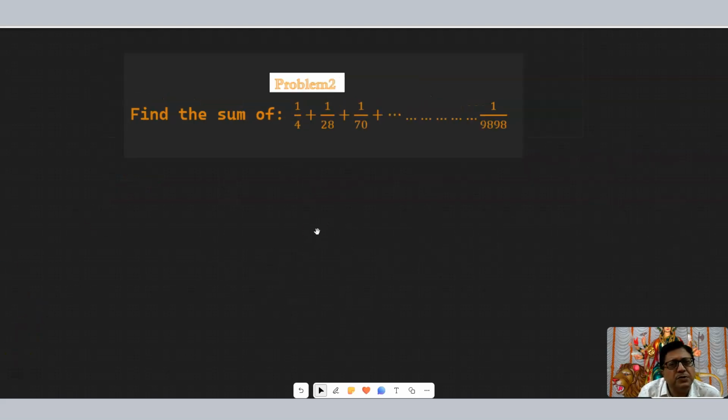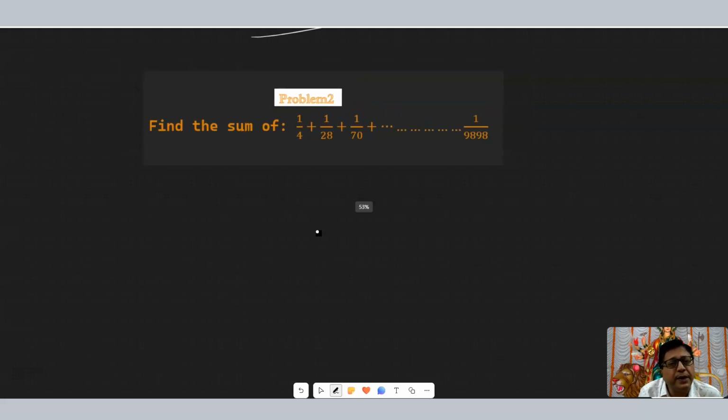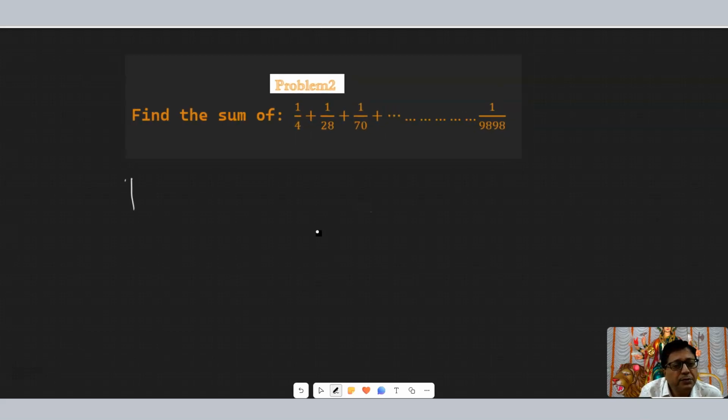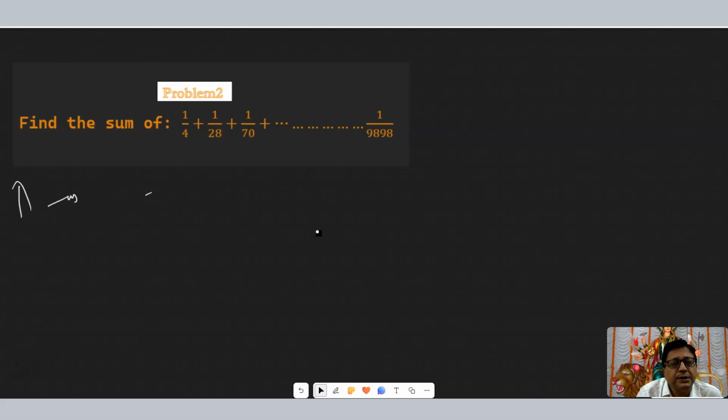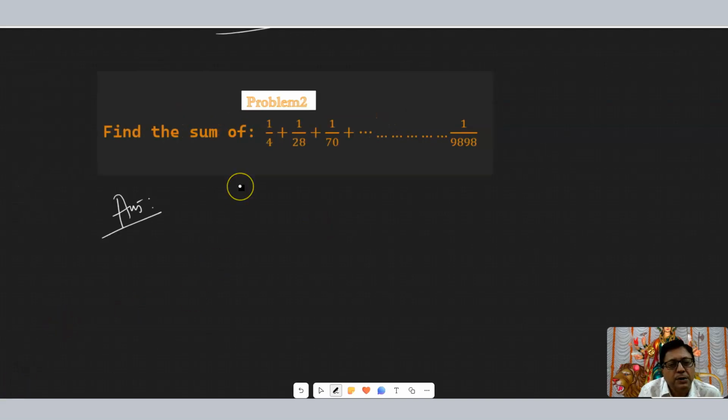For this sum also, I am not going to devise any method. I am not going to tell you any different method. Here we can do it by observation only. How to? You just write the given series in the form: this 4, this is 4 into 7, this is 7 into 10. So let us write in this manner, 1 by 1 into 4 plus 1 by 4 into 7 plus 1 by 7 into 10, and this is 1 by